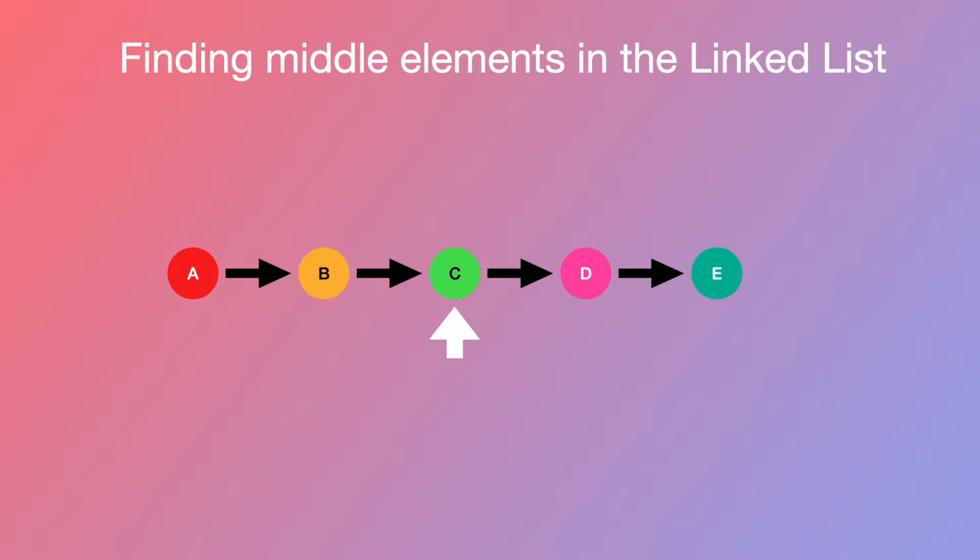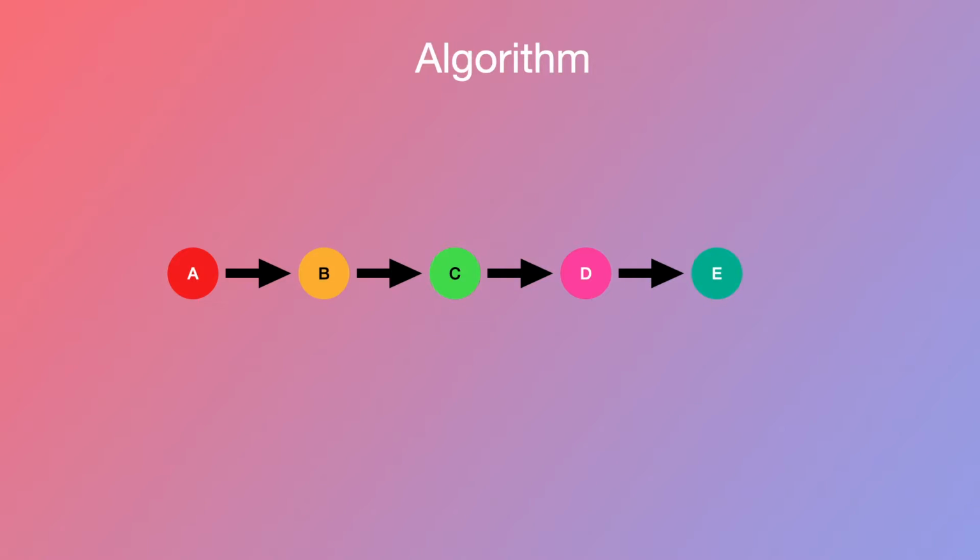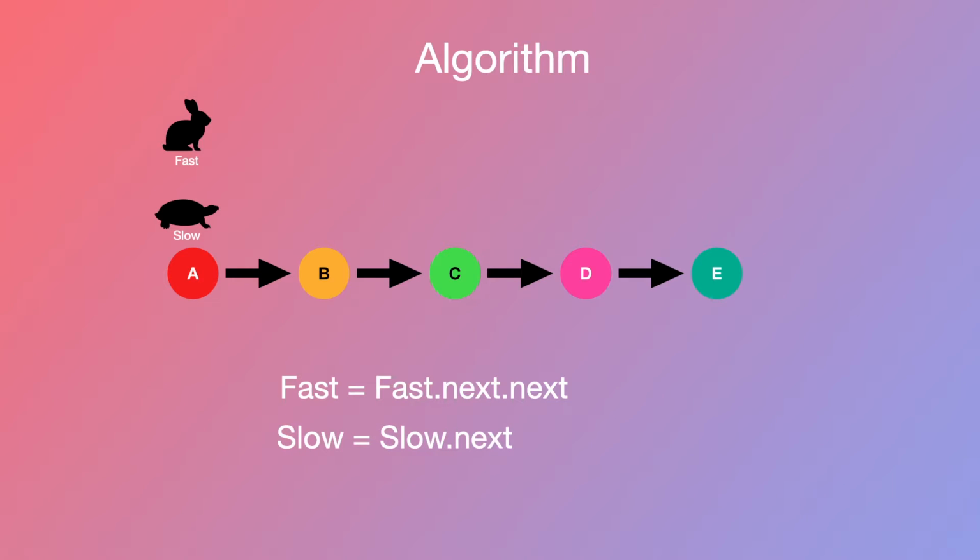So now let's have a look at how the algorithm will look. In order to solve this problem, we will look at a very popular approach which is known as the rabbit and hare approach. Basically what we do in this approach is take 2 pointers. One will be the fast pointer and the other will be the slow pointer. So we are going to traverse the linked list and we will change these pointers as follows. The fast pointer will take 2 steps at a time and the slow pointer will take 1 step at a time. We will keep on doing this till the fast pointer reaches the end of the linked list.